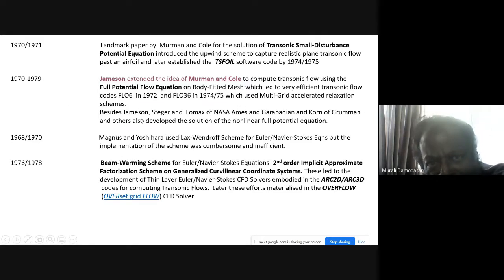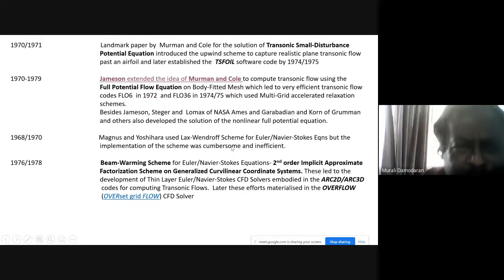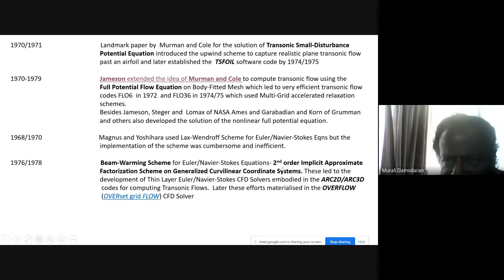So besides Jameson, there were a lot of other guys like Steger, Lomax, Garabedian, and Korn who were also developing these solutions. Sometime in '68, '70, Lax-Wendroff used the Euler-Navier-Stokes. Yoshihara and Magnus used this scheme for Euler-Navier-Stokes, but the implementation was very cumbersome and inefficient, and nobody bothered about it. In '76, '78, you have the famous Beam-Warming scheme, which is actually a second order implicit approximate factorization scheme